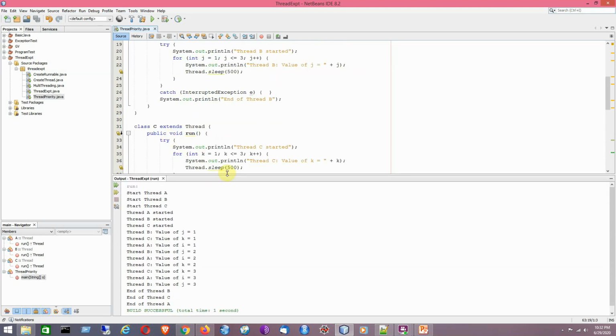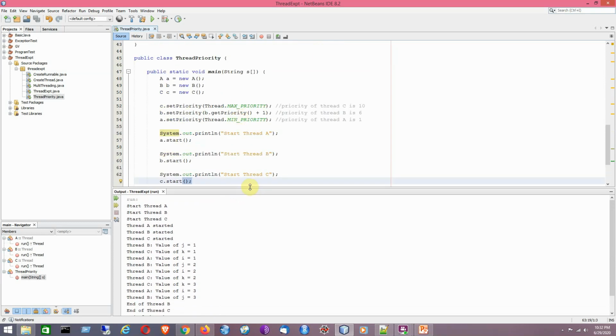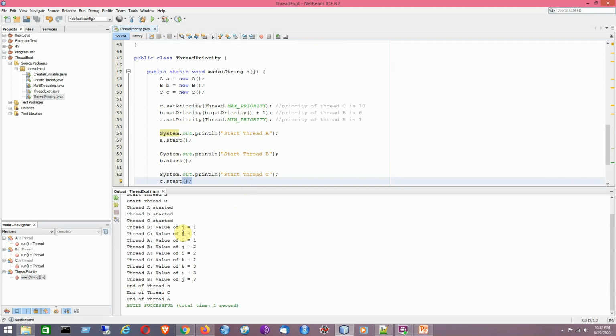So just have a look at the program output here. The idea is that it is basically setting some priority values here.